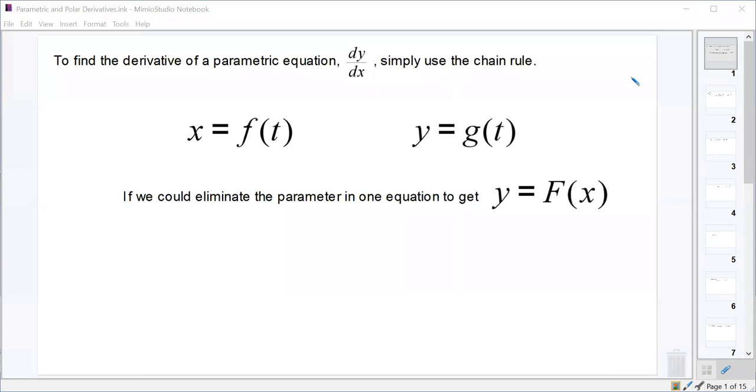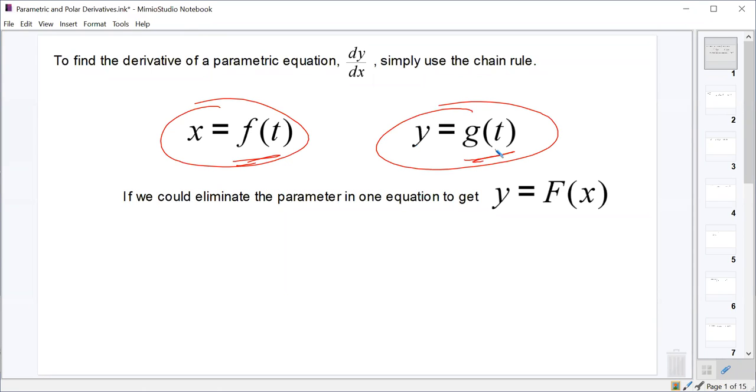We're going to talk about how to find the derivative of a parametric equation. Okay? So we know that a parametric equation is x equals some function in terms of t and y equals some other function in terms of t. So we'll call them x equals f of t and y equals g of t. If we want to find the derivative dy dx of this parametric, all we have to do is use the